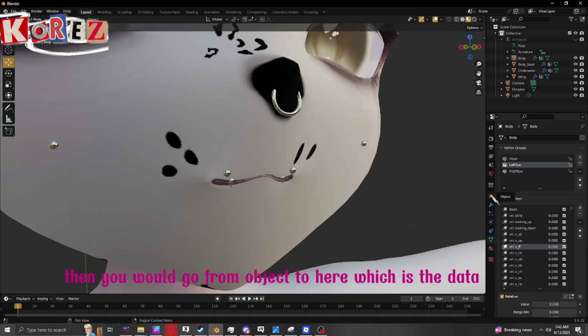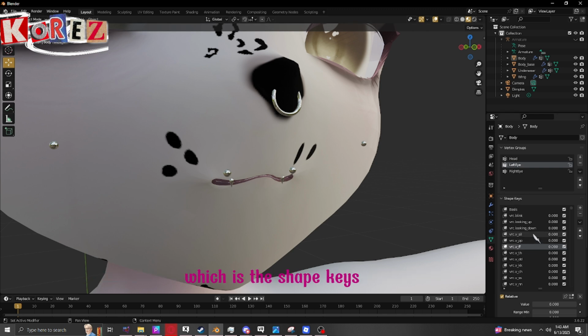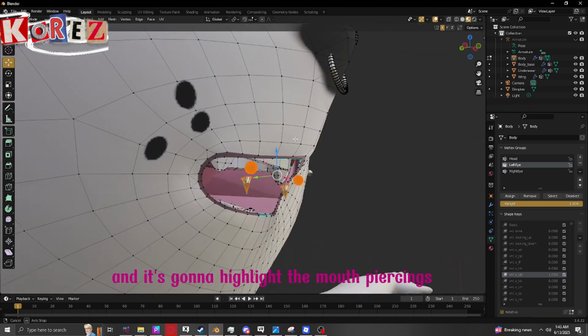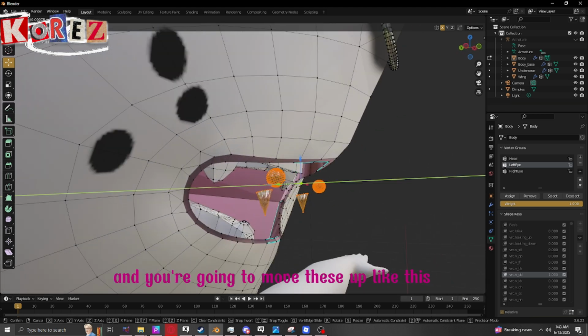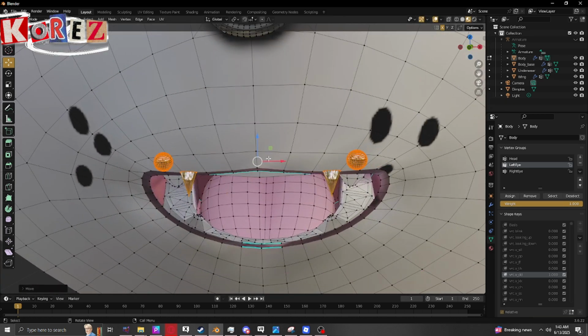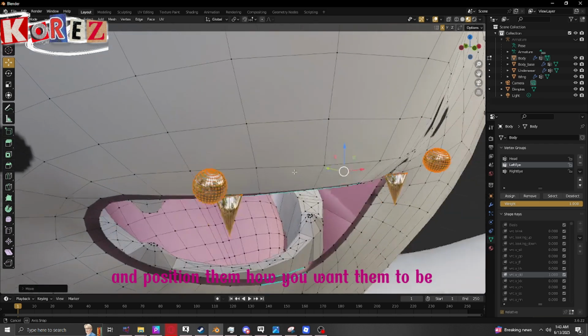Then you would go from object to here, which is the data, which is the shape keys, and you're going to go through every single one, like I've already done this one and this one. I think the only one I haven't done, I've done that one too, is this one. So what you're going to do is put the value all the way up, and you're going to click edit, and it's going to highlight the mouth piercings, and you're going to move these up like this and position them how you want them to be,